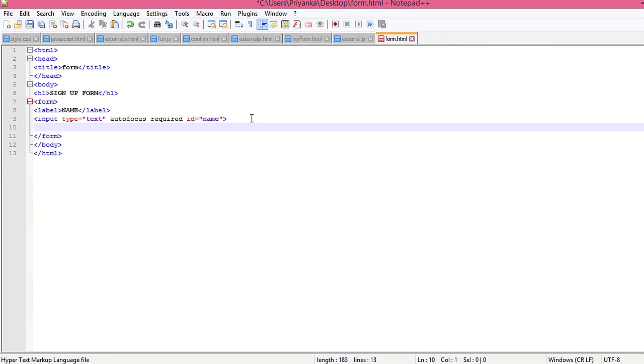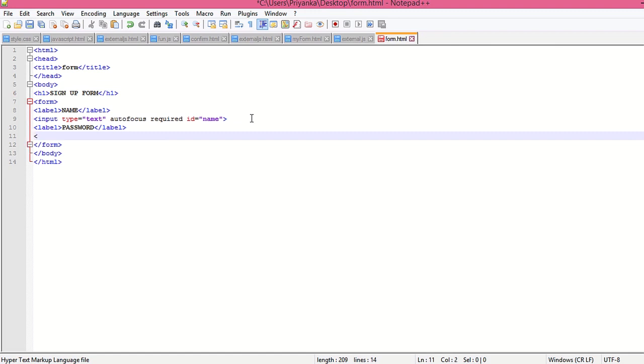Now add another label and write password. Close the label tag and then write input type